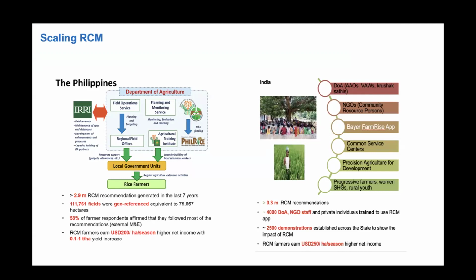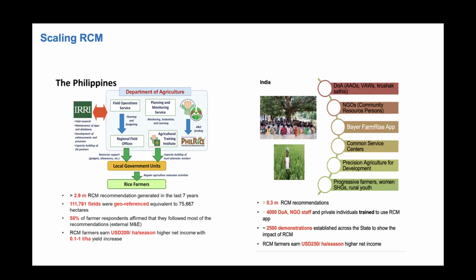And with the use of RCM recommendations, when we monitored the fields, we found that the farmers were able to get a higher income of more than USD 200, but also a yield increase of 0.1 to 1 ton per hectare. This increase in the income was either due to increase in yield or in saving of fertilizer, or a combination of both. Coming to India, where we are scaling RCM in 3 states, we've already reached 0.3 million